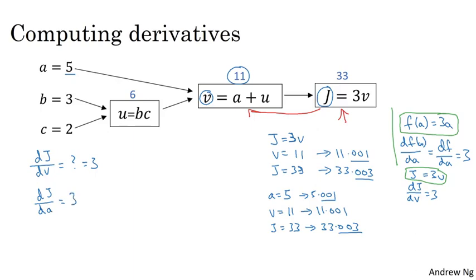And one way to break this down is to say that if you change a, then that would change v, and through changing v, that would change j. And so the net change to the value of j when you nudge the value of a up a little bit is that